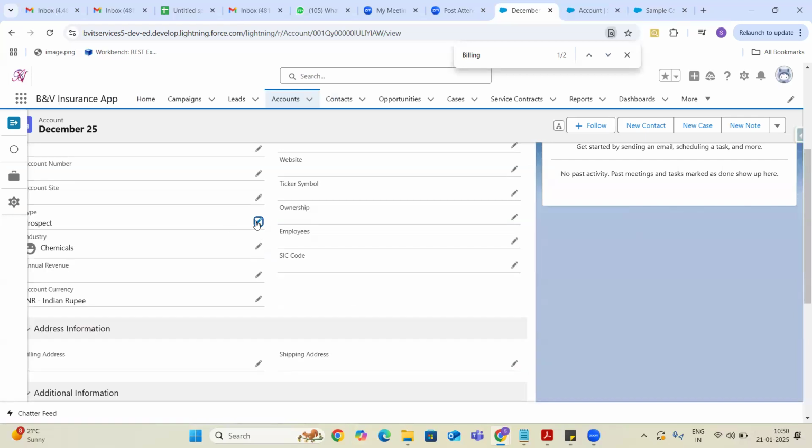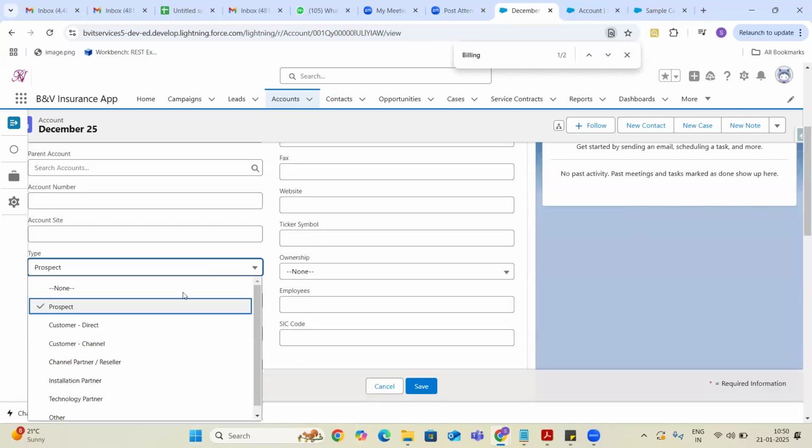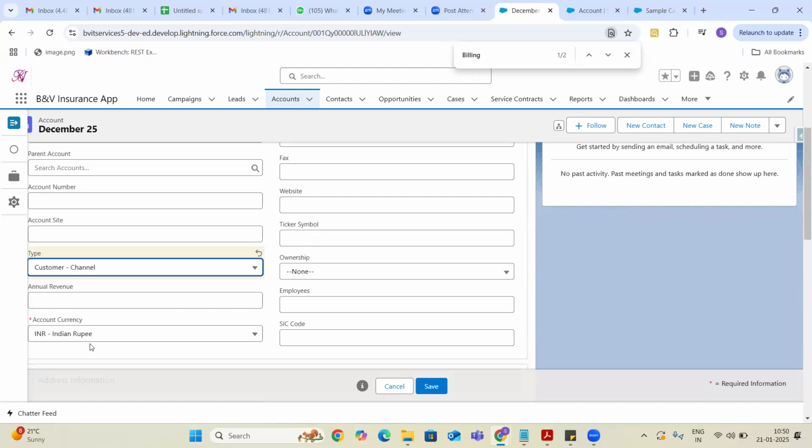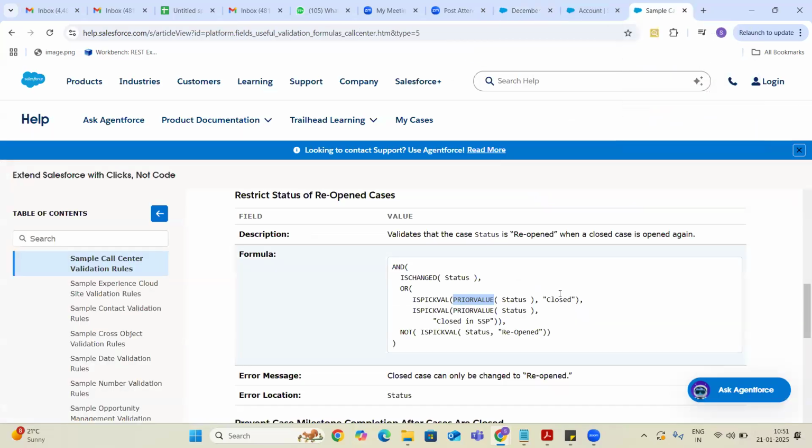Now again, if I try to edit it and select customer channel, the prior value of this type field is prospect and the current value of this type is customer channel. At the time of saving the record, whenever you click on the save button, what is present in the database already?